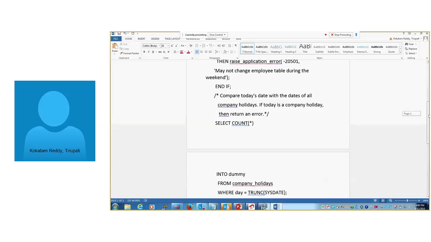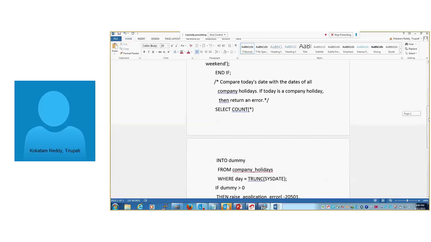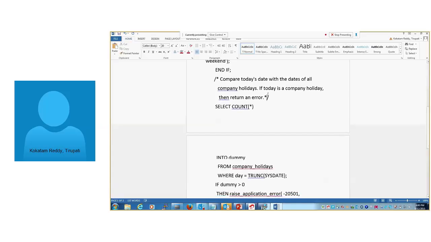We can check whether there is any company holiday, and we can do it automatically. The trigger does it; once we execute the trigger on the table, we can just leave it. The trigger will take all these actions, fire automatically based on the operations, and give the alerts. When the company has a holiday, if you want to restrict the operations on the EMP table or bank table or whatever, how can we restrict it?